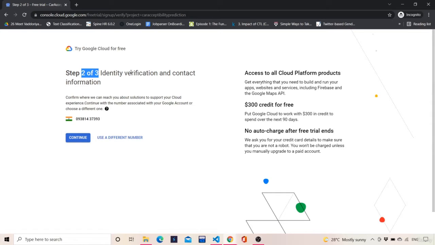Just remember that if you are using a free trial service, and the free trial ends, and you again start working on those services without knowing that your free trial period has expired, you will get charged heavily. So be careful when you are using services of Google or Amazon.